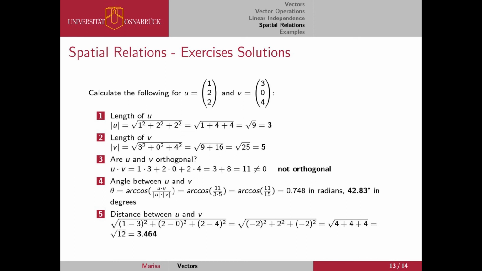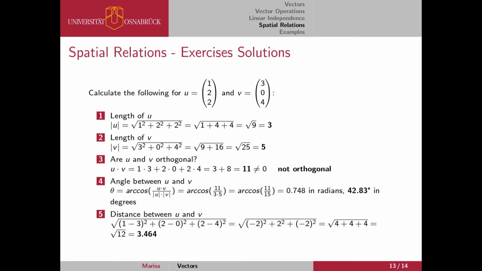So the formula was to take the arccosine of the dot product of u and v divided by the product of the length of u and v. And all the parts that we need for this equation are already given in tasks 1, 2, and 3. Because we know that the dot product is 11 from the previous task, task 3, and we know that the length of u is 3 and the length of v is 5. And therefore we have the arccosine of 11 divided by 3 times 5, which is 11 divided by 15, which is in total